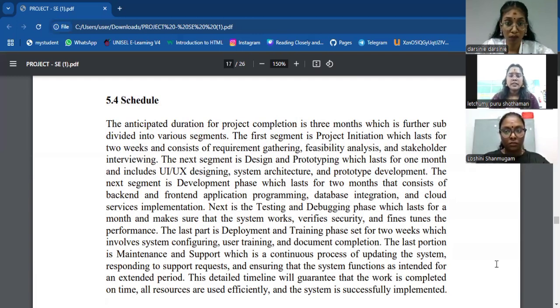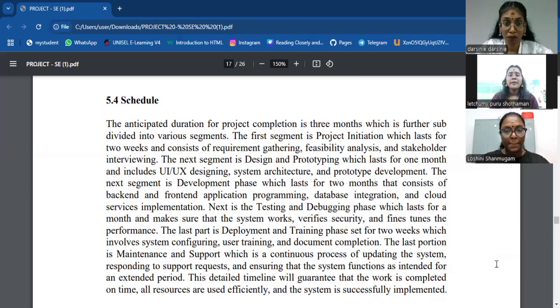The next segment is design and prototyping, which lasts one month and includes UI or UX designing, system architecture, and prototype development. The third segment is the development phase, which lasts 2 months and consists of backend and